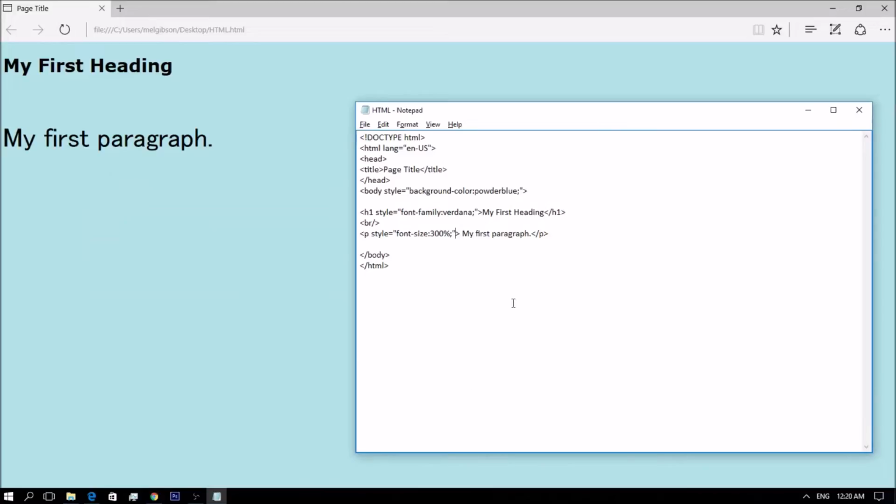We have the text alignment. So the text align property defines the horizontal text alignment for an HTML element.